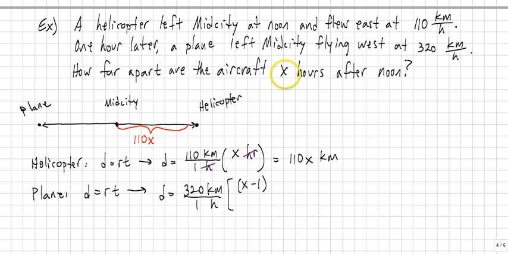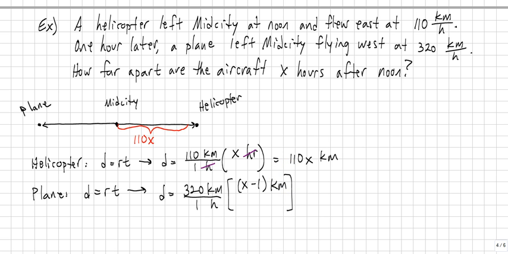So however many hours. For example, let's say the helicopter had been flying for 3 hours. Well, since the plane left an hour later, it would only have flown for 2 hours, because it didn't fly for as long. So it'd be x minus 1